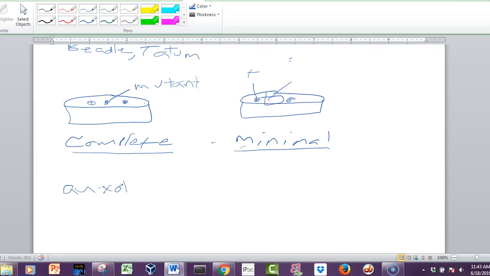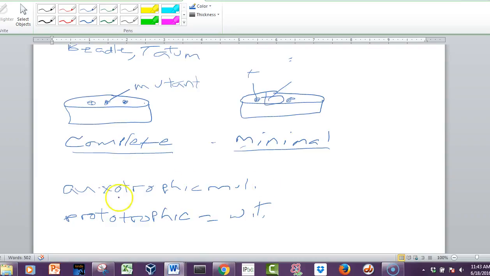I just want to make sure you get these terms down. Auxotrophic mutant means it can't make something. We don't know what it is that it can't make yet. And then the wild type that can make everything that it needs is called prototrophic. So we've got auxotrophic and prototrophic, and the auxotrophics are the mutants, and the prototrophic is the same as wild type.